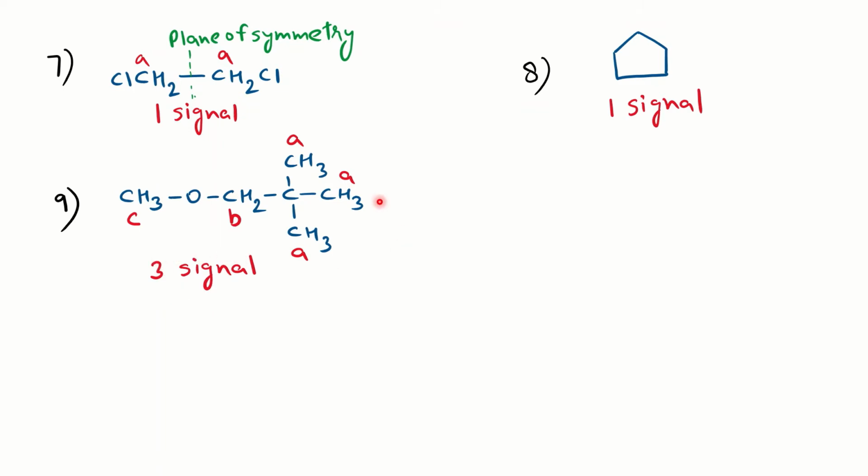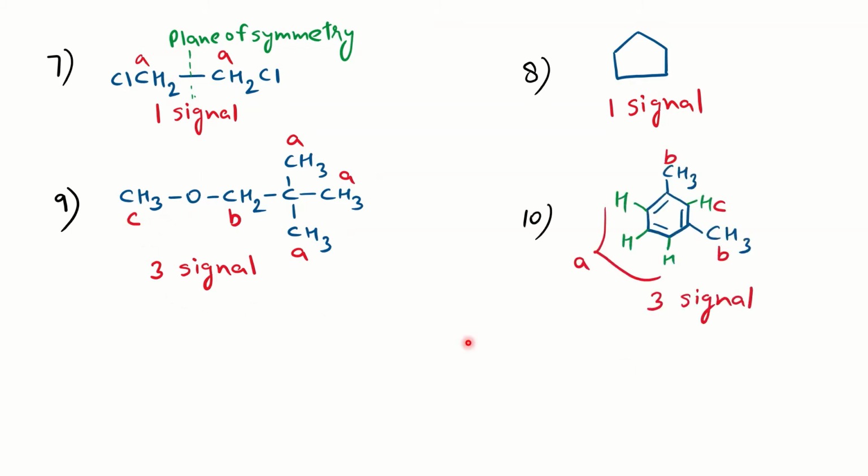In this problem, we have to see whether the three methyls which are attached to the same carbon, we call it tertiary butyl group, are chemically equivalent or chemically non-equivalent. If you see, all three methyls are in the same environment of carbon, so we'll consider all are chemically equivalent and will give you the same signal for 9H protons. One for the CH2, and the other, this methyl, is in the environment of oxygen and will give you a separate signal. So total 3 signals you will get.